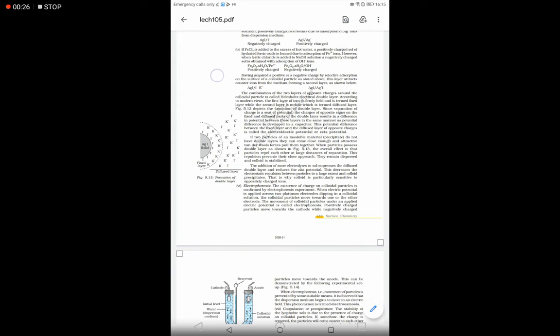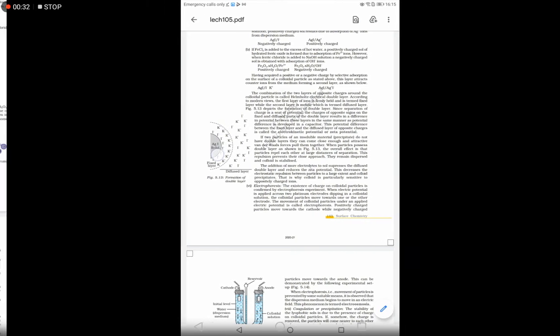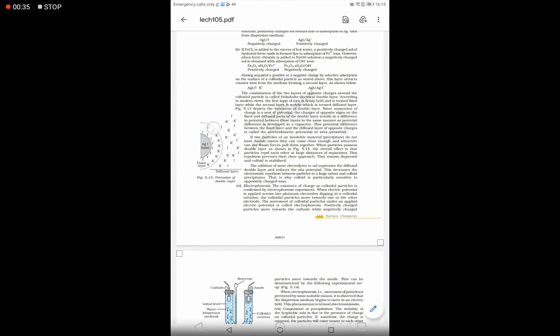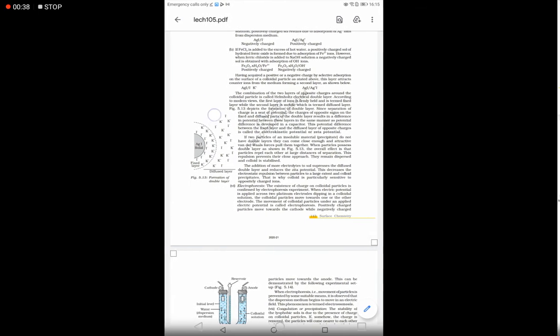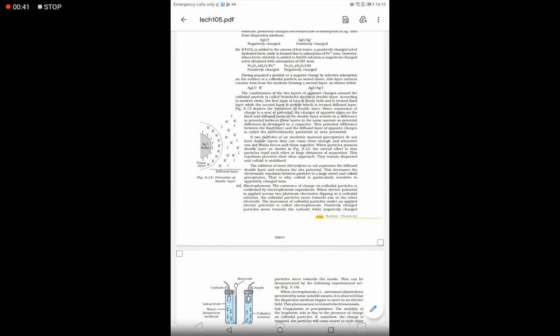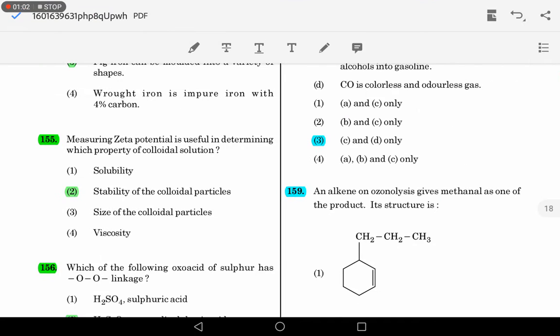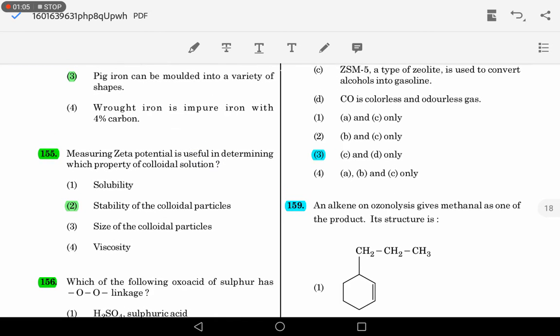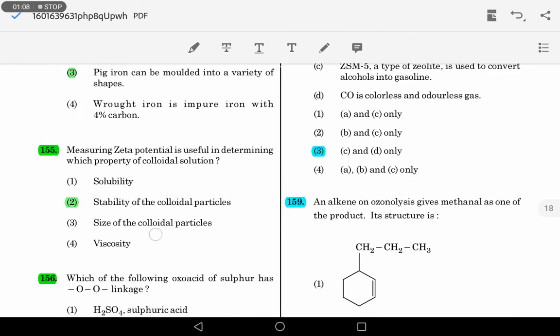So when a similar ion comes adjacent to this particular solid, which has a positive charge on its outer layer, that ion will also have a positive charge on its outer layer. So the solid particles will start repelling each other, and they do not tend to form a precipitate. They remain as colloid. So zeta potential is useful in determining colloid stability of the colloidal particles, not the size, not the viscosity, not